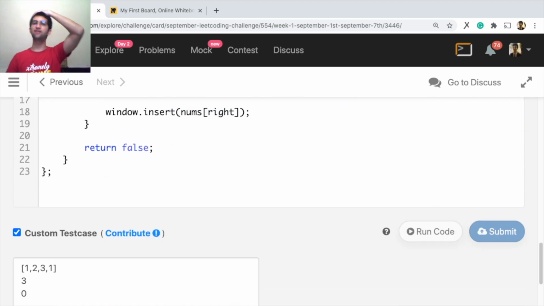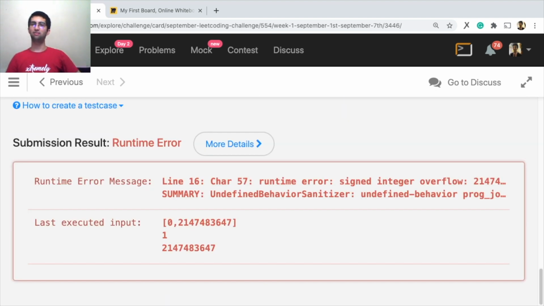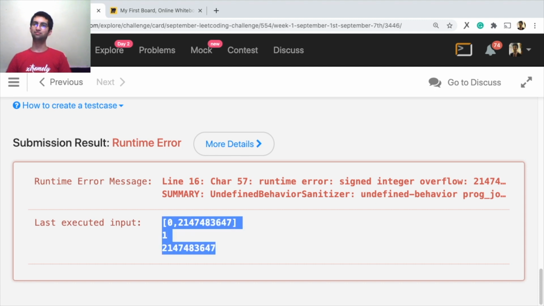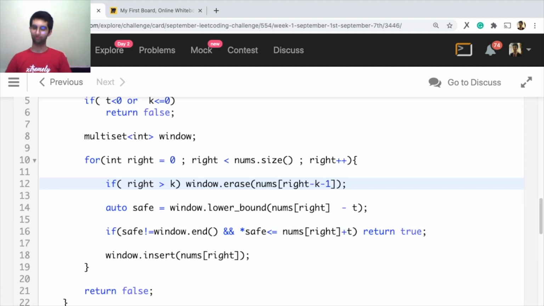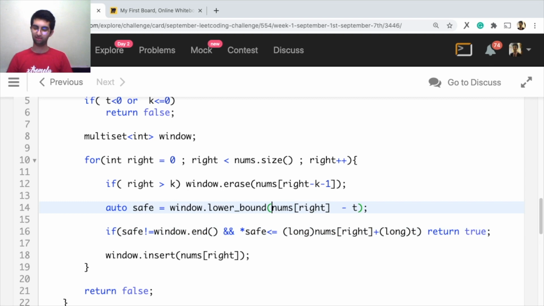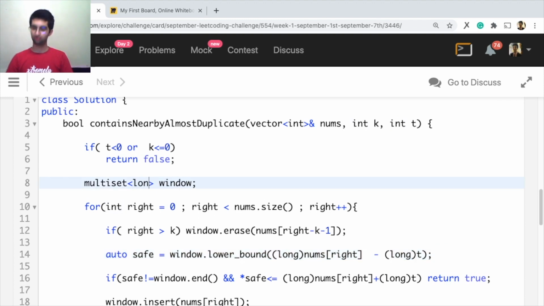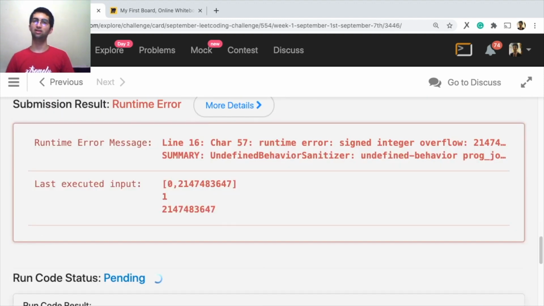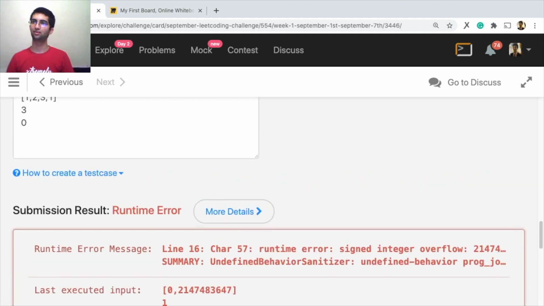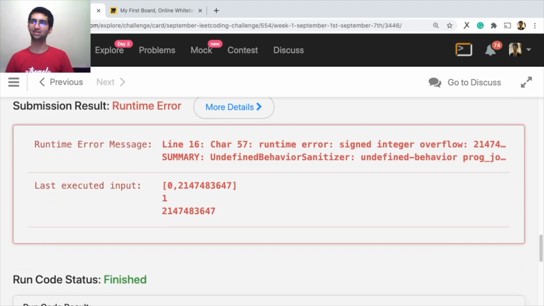There's another solution to this where you store the index. Some error here. If you don't know, this is the integer limit. Maybe because I was checking this plus 1, I have to make everything long. Make everything long, just to stay within the integer limits, because it will overflow otherwise. Made it long, now it will not overflow. Oh, I forgot to paste the test case. I'll just submit it. Yeah.